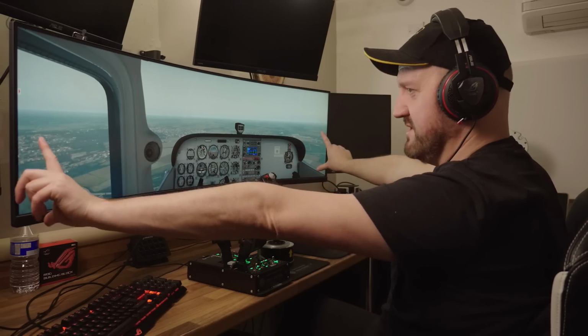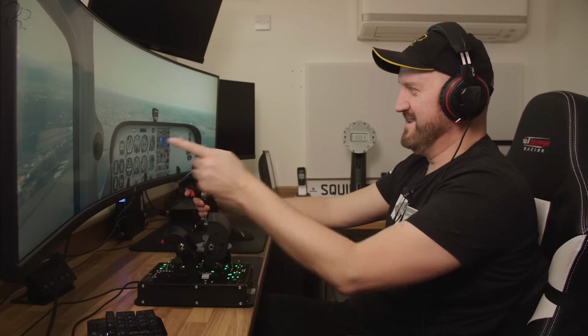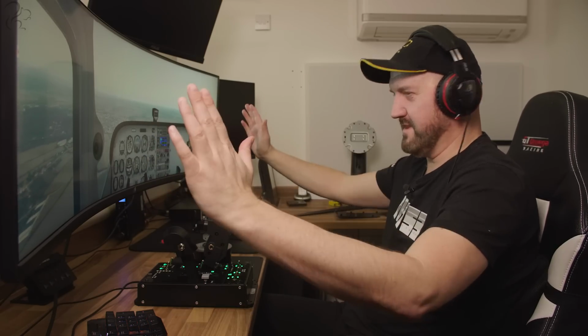Of course, the advantage that this monitor does have over the triple setup is this is a seamless image. I have no bevels in the way. And I've got to say, I rather like that. I like my triple screen setup, but I do like the fact that this is just one image. In actual fact, in terms of my eyes,